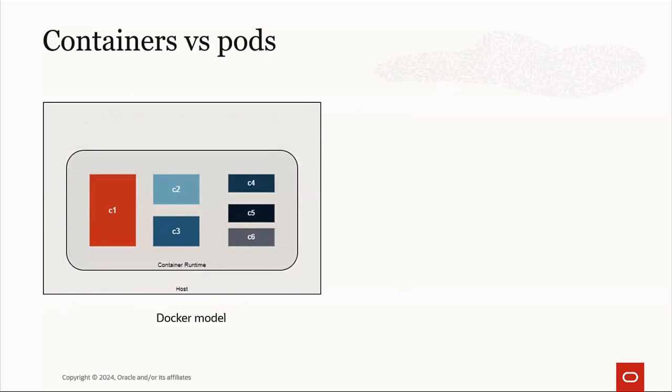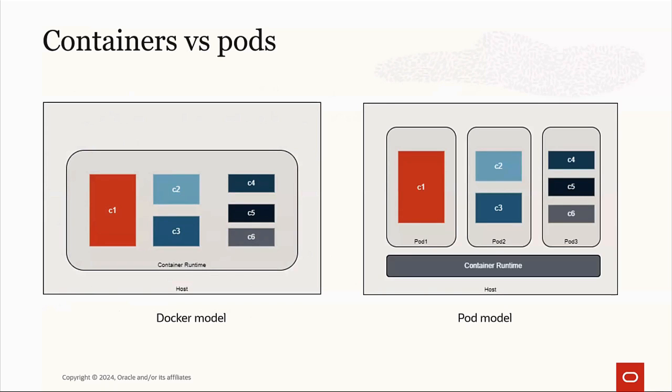If we take a look at containers versus pods just really quick, because if you're working with something like Docker or Podman on a local system, you're generally just running a single container at a time. And each of those containers running inside the container runtime operate individually and would need to communicate over whatever network interface is defined for those containers. When we think about the pod model, each pod itself is allocated a unique network endpoint or network IP address, but we can have multiple containers inside a single pod that